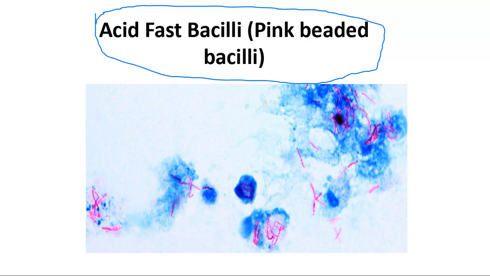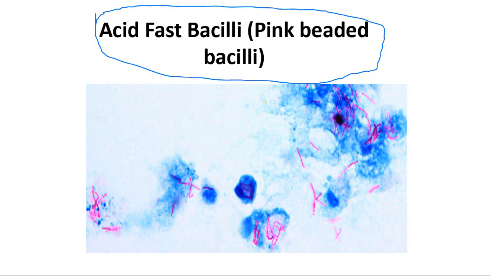Now you are observing a slide of the gram stain. So what type of bacteria can you see here? You say they are gram negative because they are pink in color. But now when I mention that this slide is based on acid-fast staining and we performed the Ziehl-Neelsen staining, what is your diagnosis? Your diagnosis should be that they are acid-fast positive bacilli, most probably Mycobacterium tuberculosis. Why? Because they are pink.